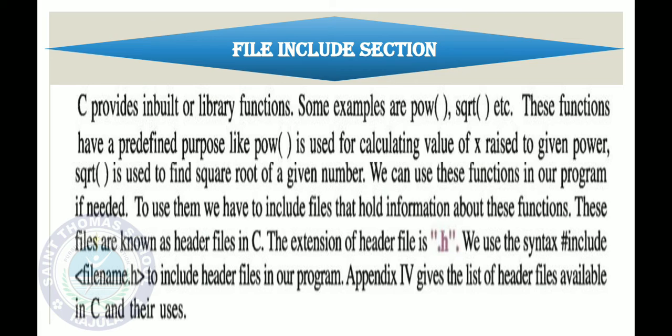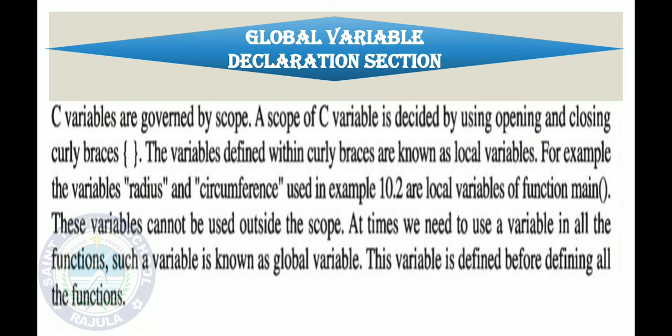Then next, global variable declaration. What do global variable declarations mean? We have discussed the structure of a C program. In the main function, as I told you, the main function begins with a curly bracket and ends with a curly bracket. Whatever variable you use inside the curly brackets has scope only within those curly brackets. If you use that variable after the curly bracket, it will not work.